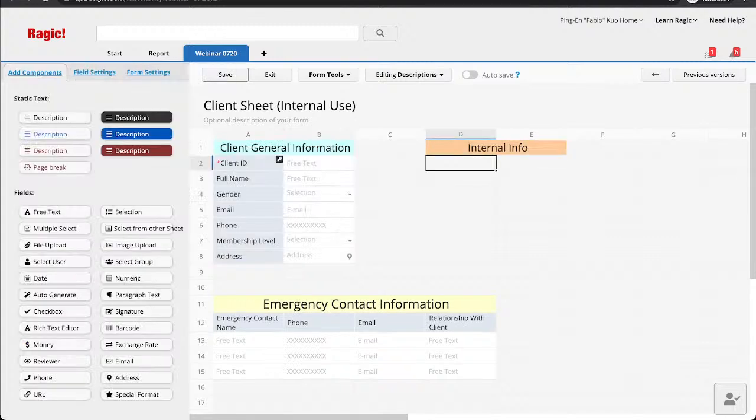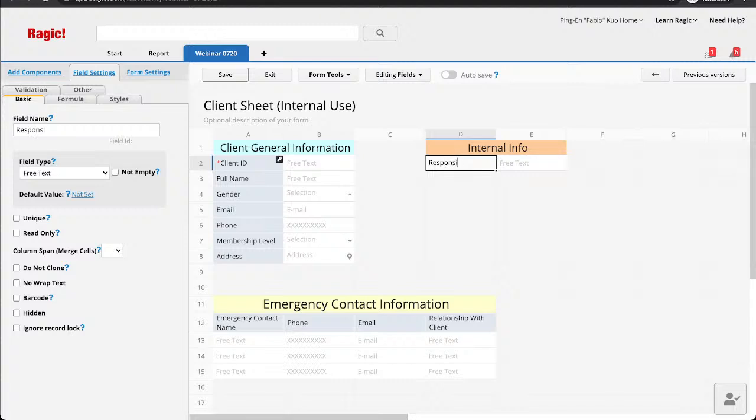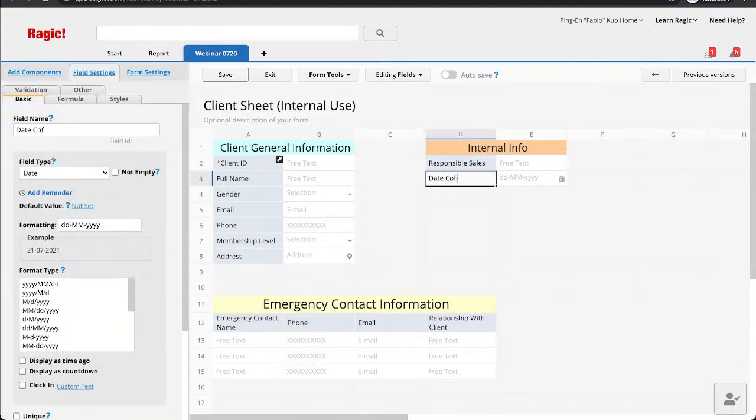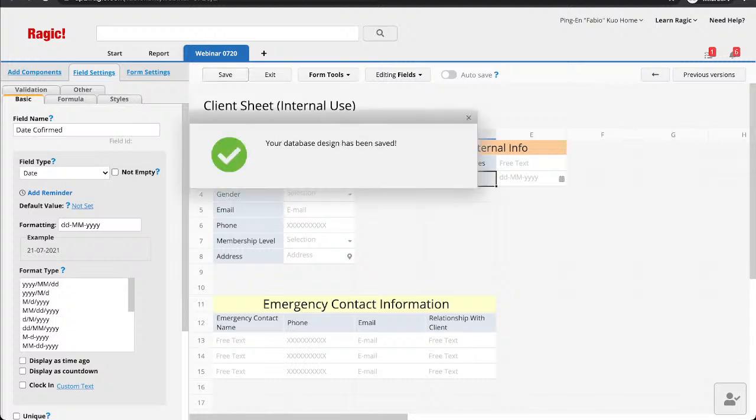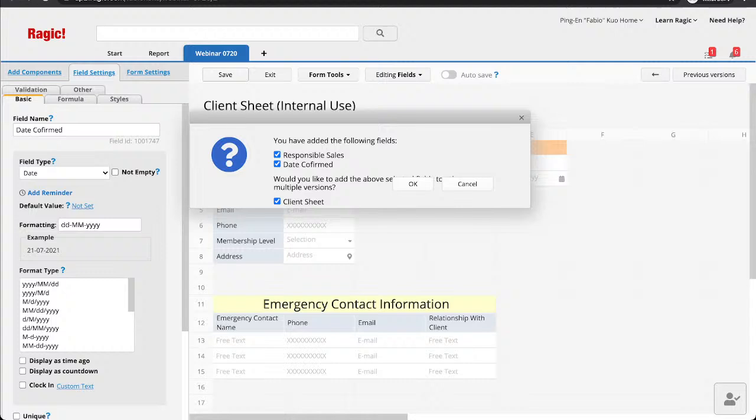Let's add new fields right here. Responsible sales, date, confirm. I'm just adding these two fields quickly right here, and it'll ask you, would you like to add them to another sheet?